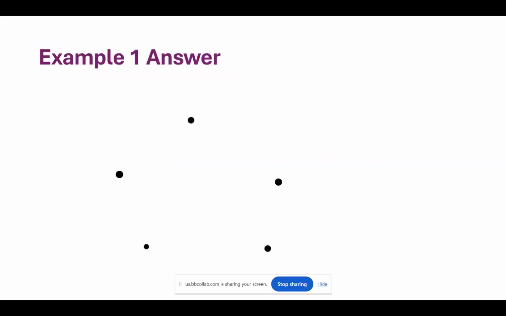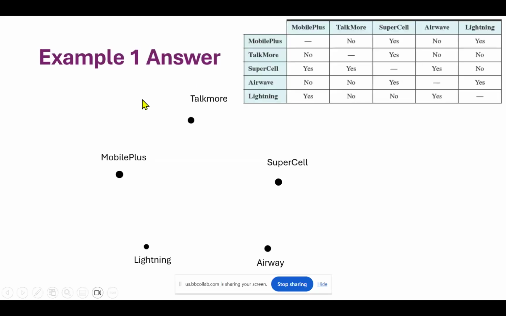So let me put the table. Each vertex is going to be one of these companies. There's five. And the table is supposed to display, when you read the table, you could start on the rows or the columns. If you start on the rows,